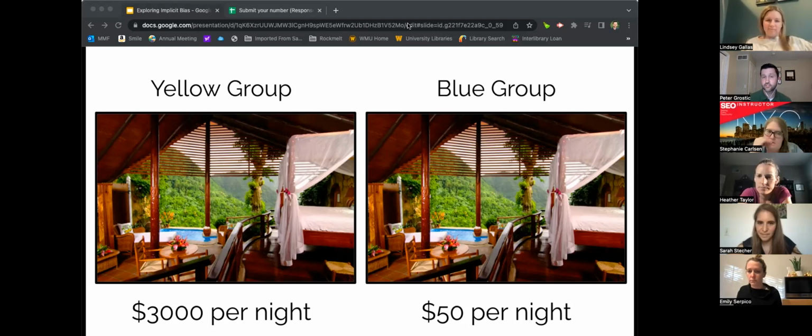And of course, that changed your answers, right? So this is an example about how an implicit tendency can be created based on the context that we set up for you in that mini investigation.